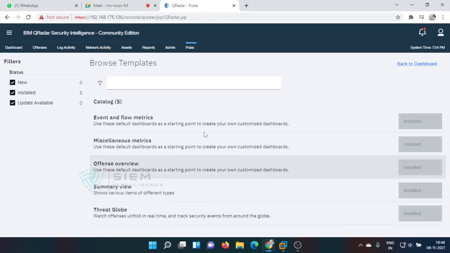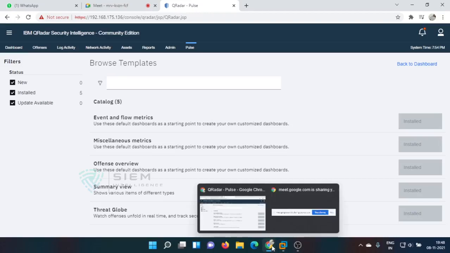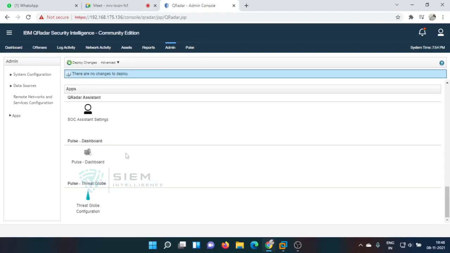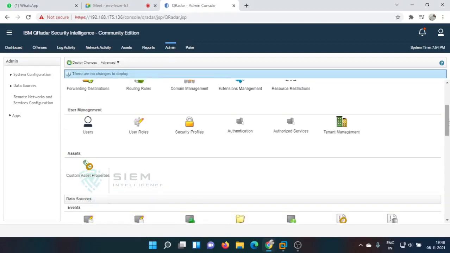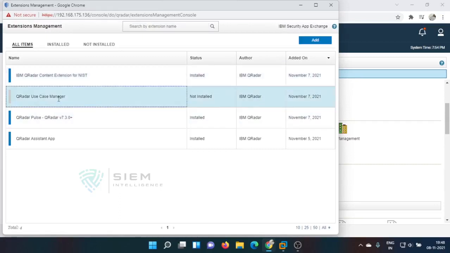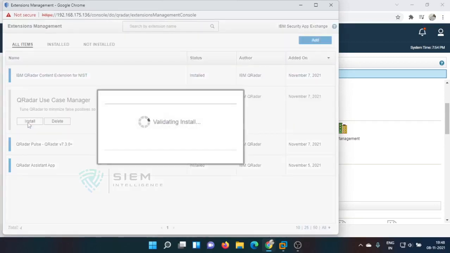So like use case manager, if we install. By the side we will start installing that particular app, sorry, use case manager. See, we can also get those activities done here. It will complete, then there is no issue.